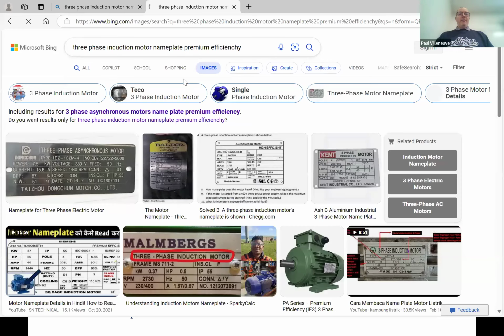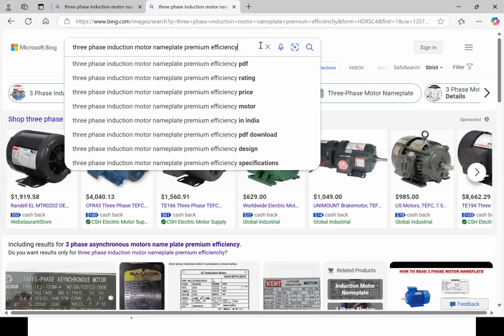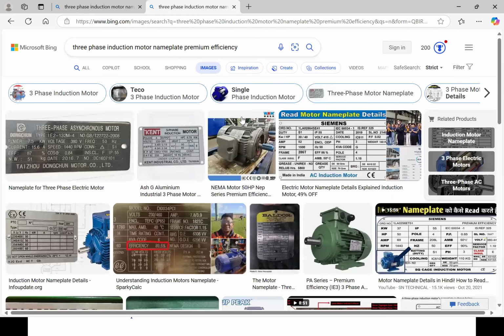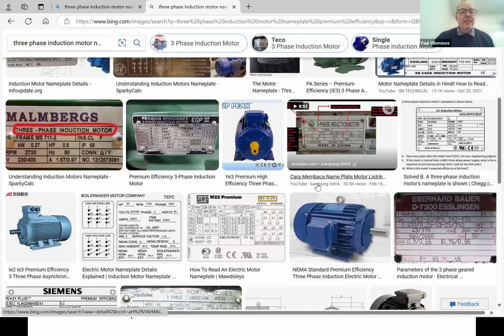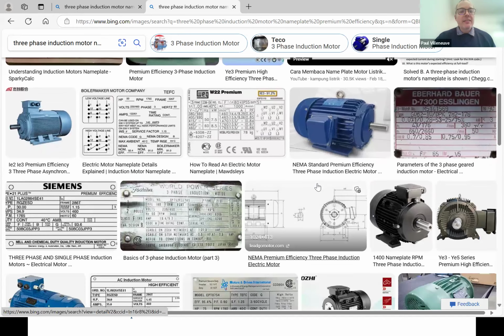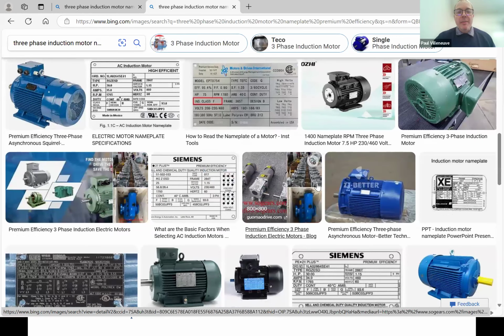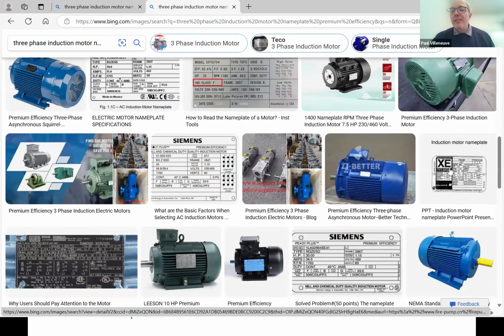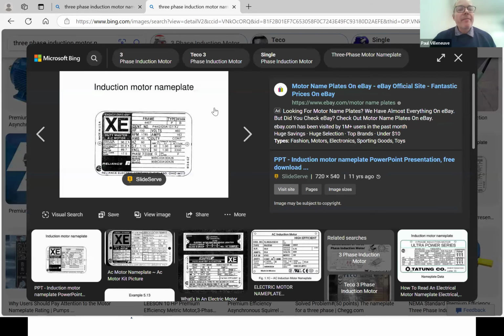Let's see the premium efficiency ones. If I can type. Ooh, those are spendy, but they're not super crazy expensive. Let's see the new ones, like the Baldor, the Reliance. Let's see if this one has any. Energy efficient. I don't know if that counts for anything, but